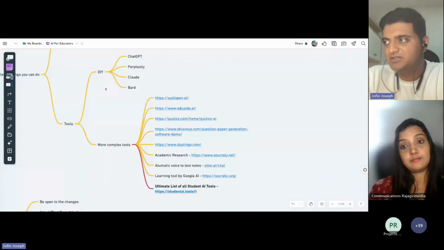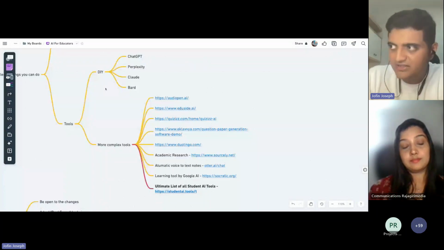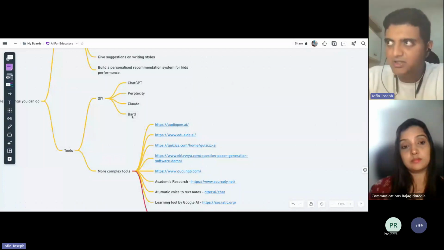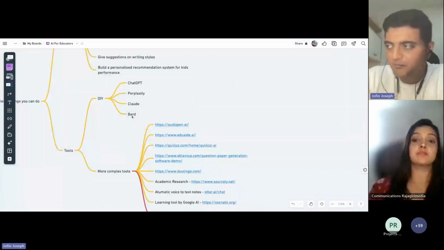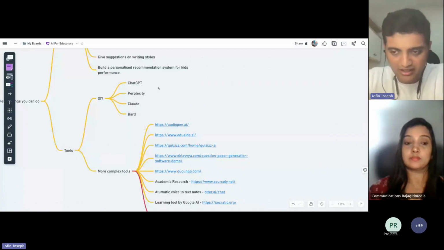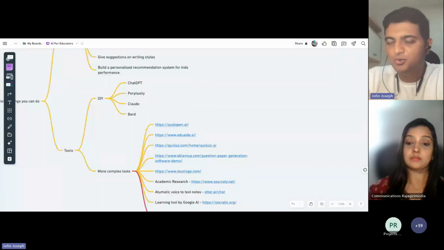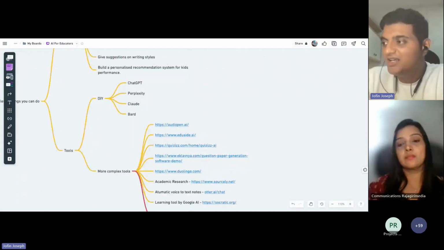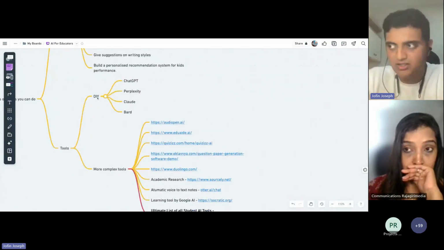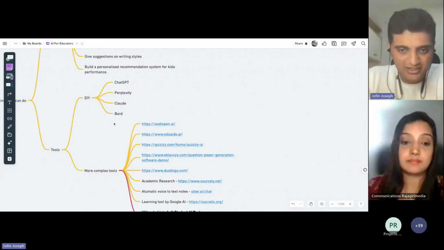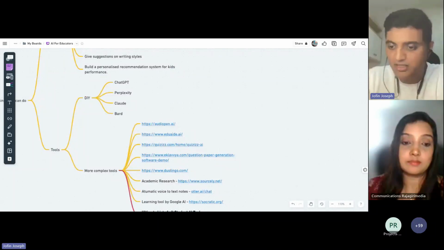So ChatGPT or Perplexity or Claude or Bard, all these things are very similar tools, right? ChatGPT is from OpenAI, Bard is from Google. These are two other companies. All these things pretty much do the same thing in different ways, right? So if you adopt just ChatGPT, that's enough. Just make sure that everything you do, as I said earlier, you ask ChatGPT once about how you can make it better, right? So those are the DIY tools. You can start using them right now, right away. And these are very general purpose. You can actually use them for anything, right?